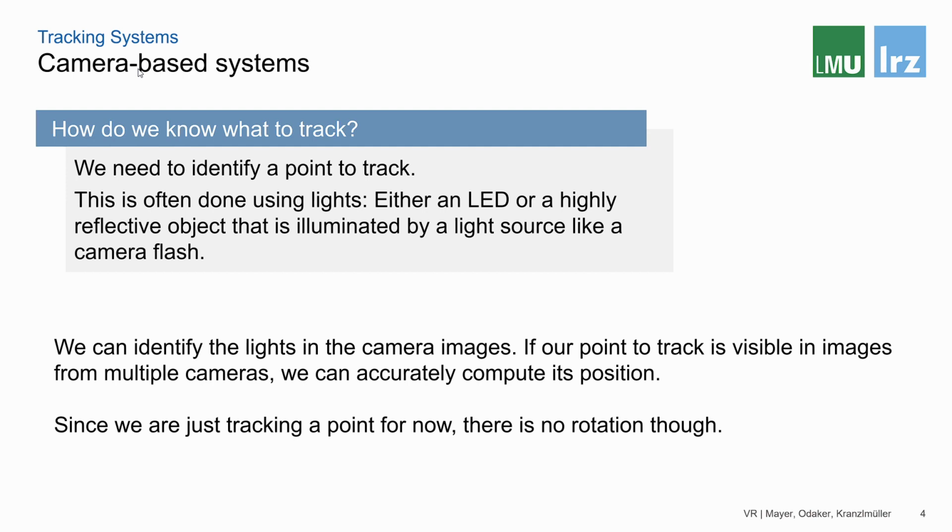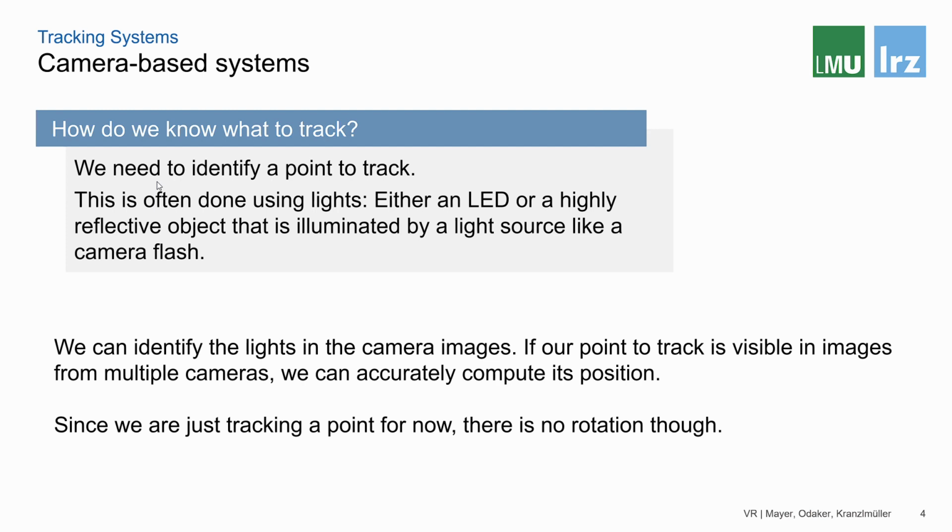number of bright white LEDs so the tracking system could identify them. And when we take an image, basically what we do is we look for these bright spots, these either LEDs or reflective surfaces, and then we can identify it. And if we have multiple camera angles from multiple cameras, usually we can compute the position of the dot in